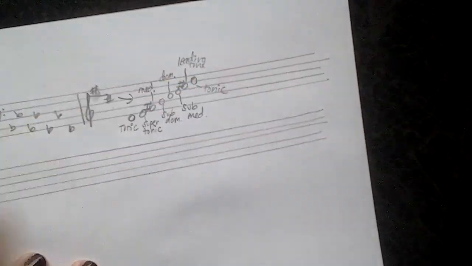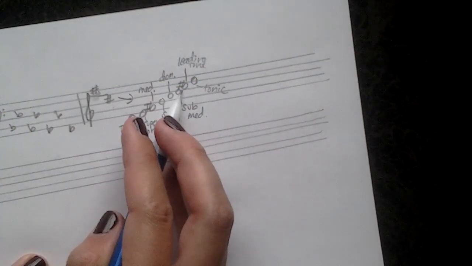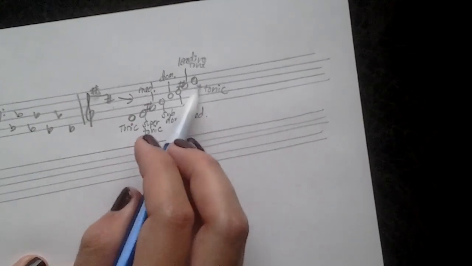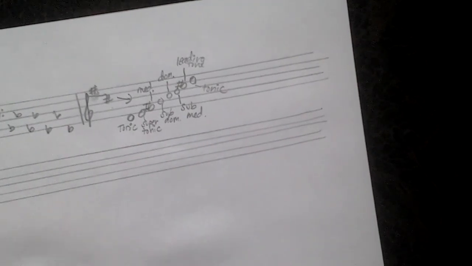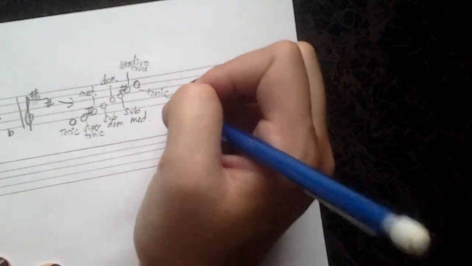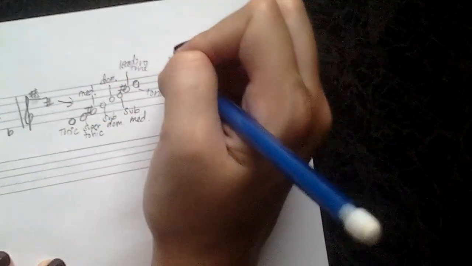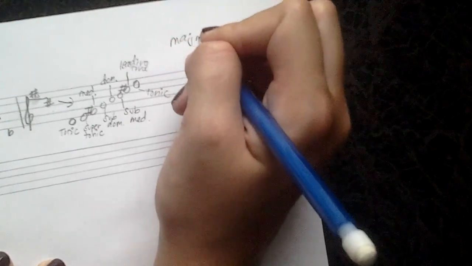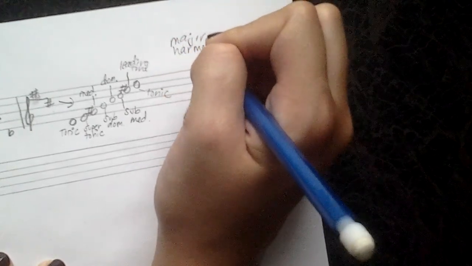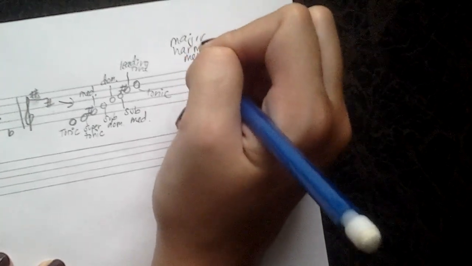And then the tonic. Remember that the leading tone is always going to be a half step away when you have major scales and when you have harmonic minor scales, and also for the ascending part of a melodic minor scale. So let me outline that for you. So for major, harmonic minor, and melodic minor ascending,